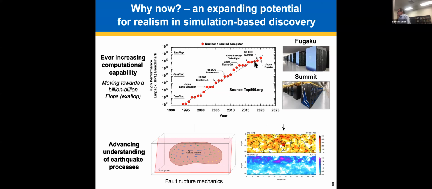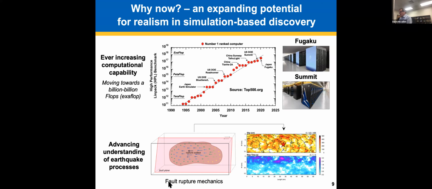Every time you think the computer science community has hit a ceiling with respect to the technology and the hardware, they get clever and figure out something new. And so we're moving towards GPU-based systems. We're really having this mega increase in computational capability, which is germane to this problem.